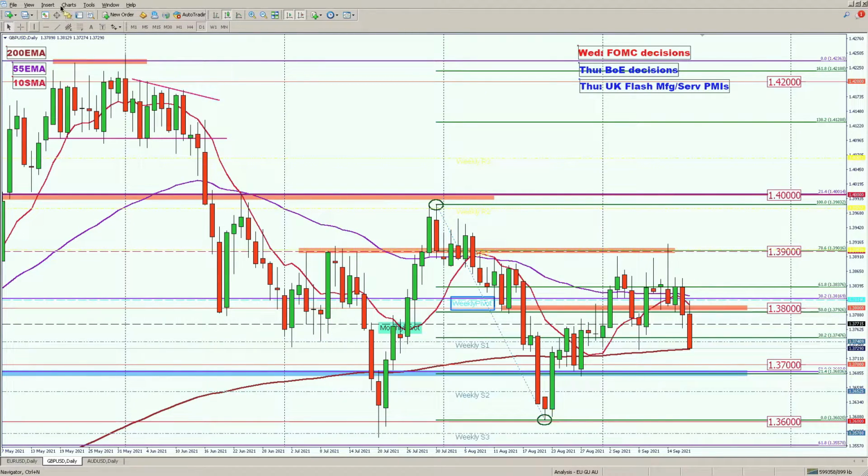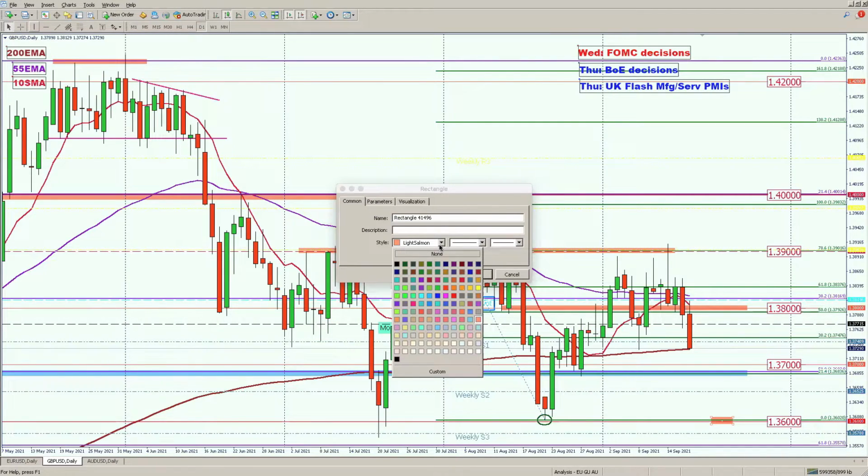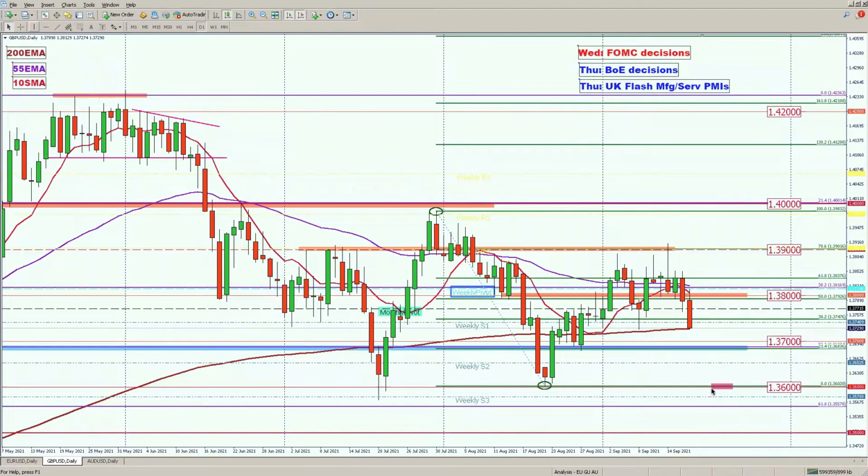This was another target zone in case that support breaks. So that's one area here. And the next one at the